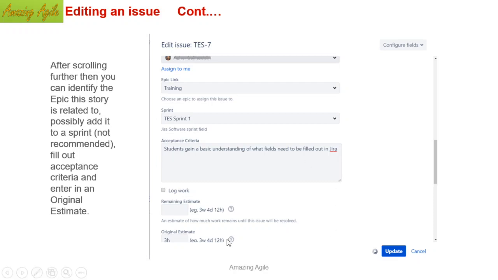Now remaining estimate and original estimate, here is a very important concept. If you want to say that you want to work for 3 hours, and you have done it halfway, you just mention here in this button how many hours you worked. If you mention it, there will be some impact on the burn down chart, or it will show the progress. Now you can click to add more, or you can simply click the save button. Once it is saved, it will go to the next.